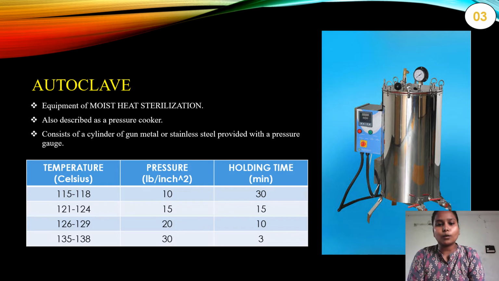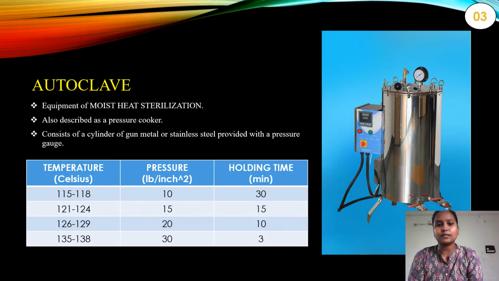Generally, the autoclave is operated at 121 to 124 degrees at laboratory scale, but at larger industries, we'll use other temperatures based on the materials also. So the normally used conditions are 121 degrees and 15 lb per square inch for 15 minutes. This is all about the autoclave, and its applications are, as we already said, it is used for